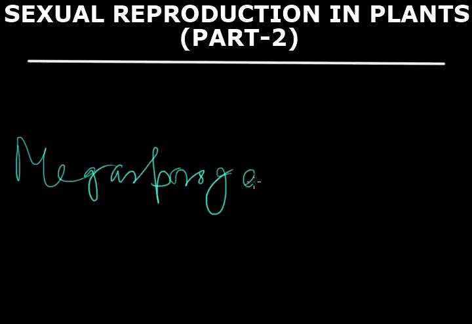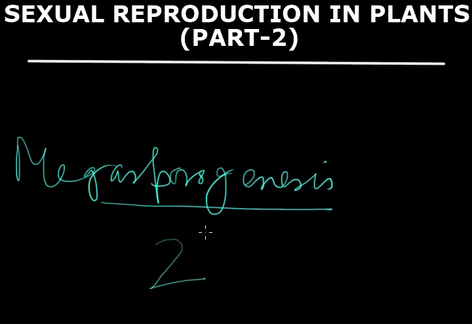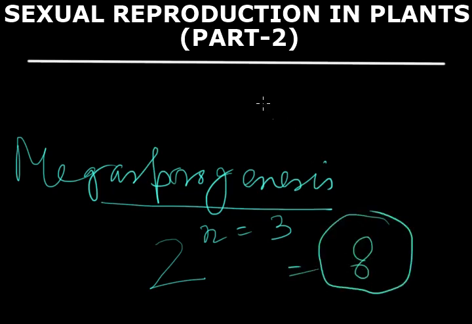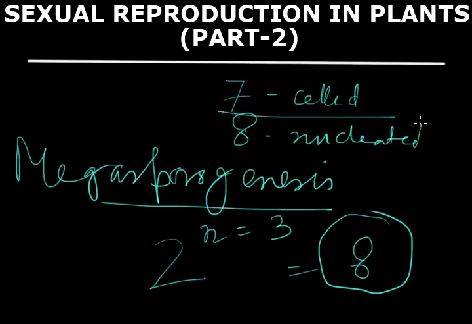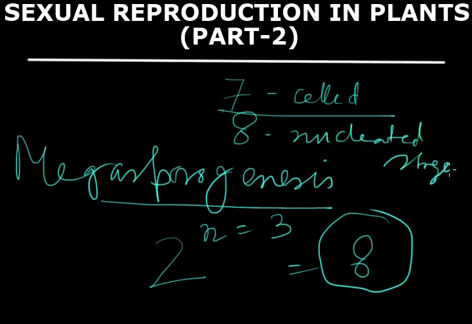During the formation of megaspore, the concept is megasporogenesis. During megasporogenesis, a megaspore mother cell undergoes 3 series of successive meiosis and it produces 8 nucleated stage. So it is called 7-celled 8 nucleated stage. What happens here? In case of 7-celled 8 nucleated stage,